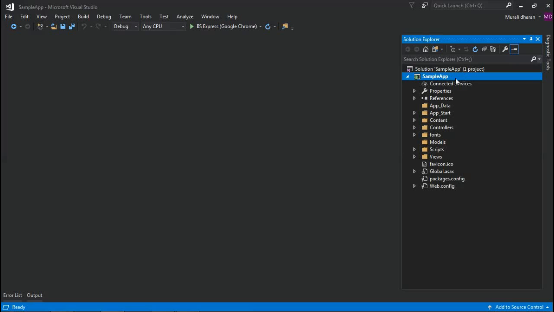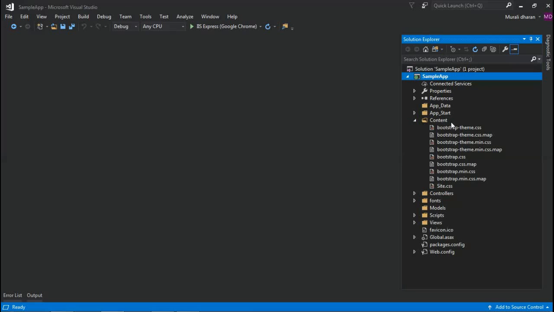See? Integrating Bootstrap with an MVC application is very simple when you use Visual Studio 2017. As I told you before, it has an inbuilt Bootstrap plugin. If you don't have any Bootstrap plugin, no problem. You can download it from the website itself, or you can use NuGet Package Manager, which is already built into Visual Studio, to download library packages. It's like NPM, a software downloading platform. Now this is Visual Studio 2017, so you can see the inbuilt Bootstrap content under the Content folder,